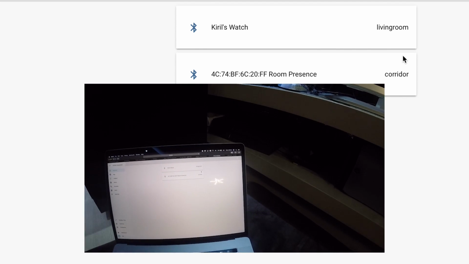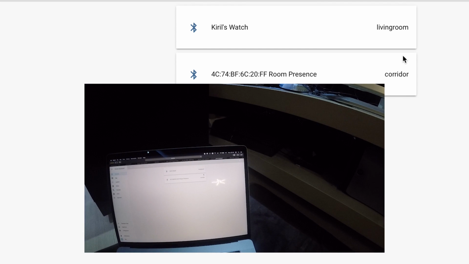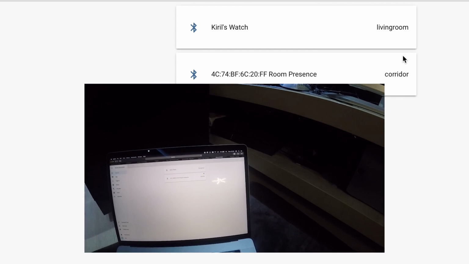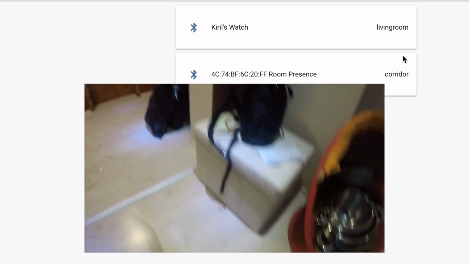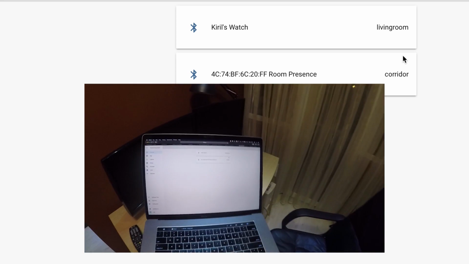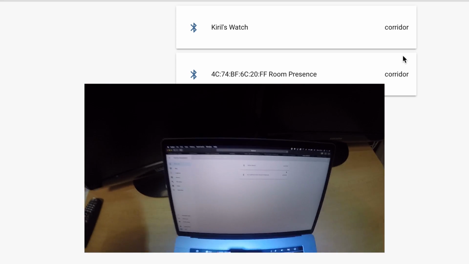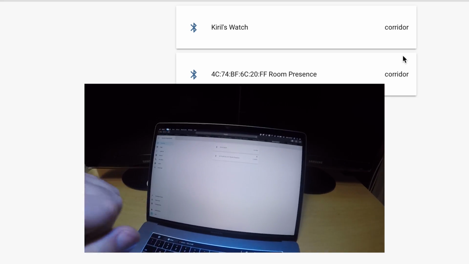Maybe. Okay, it's working. Very good. I'm in the living room now. Very good. Let's go to the corridor again to check what will happen. Corridor, very good. It's working. Yes. I have added my devices that I wanted to track.